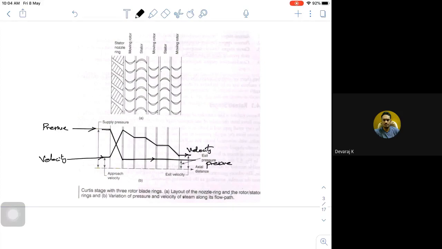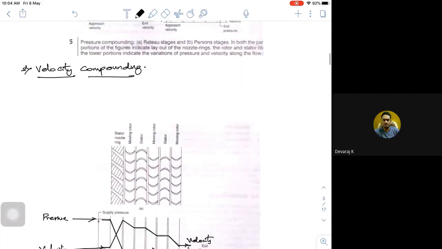So in velocity compounding, the expansion takes place in one stator or nozzle, and the intermediate stator rings are just deflecting. If the expansion takes place in the stator or nozzles,